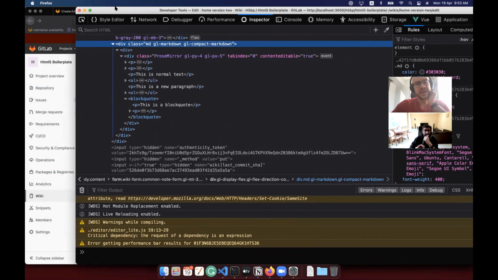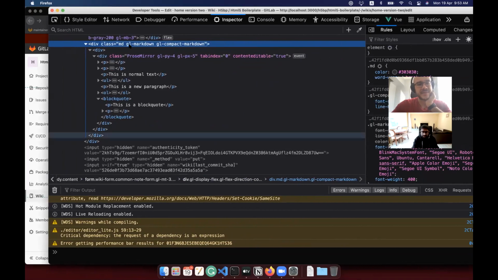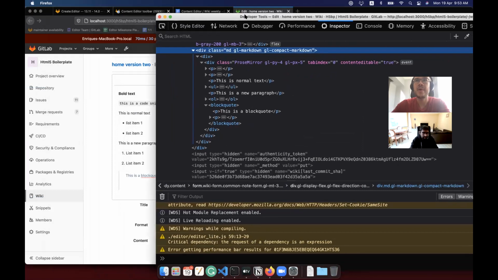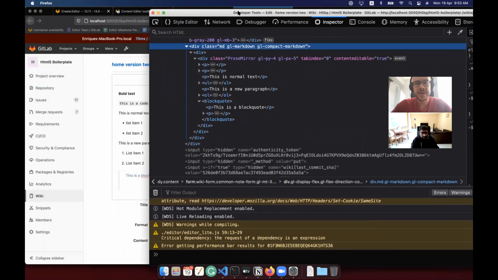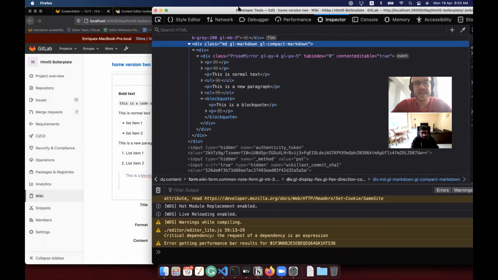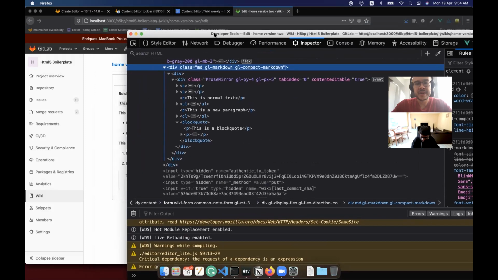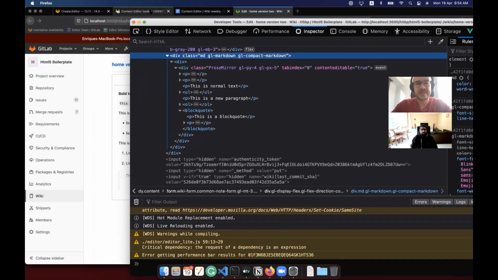So the reason that I use the GL Markdown and GL Compact Markdown is that these classes implement the Pajamas Markdown type scale. And what I think could be a good contribution is to use the Markdown type scale that conforms with the design system. It's not complete, it doesn't have all of the styles for all of the Markdown elements. But in the case of the block quotes that don't have any style, what I did is that I